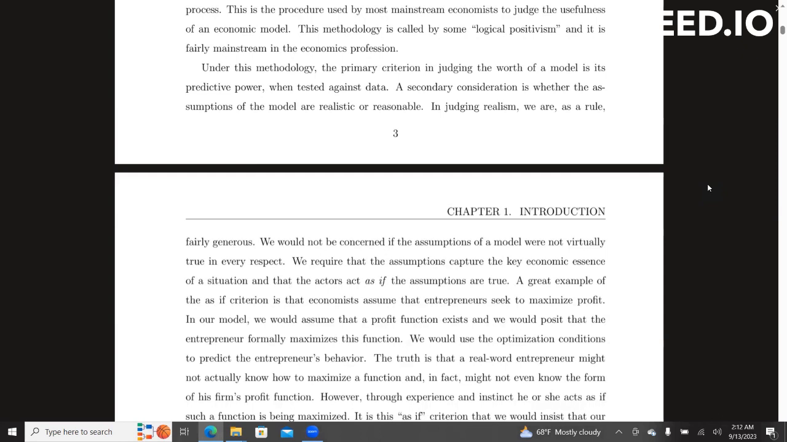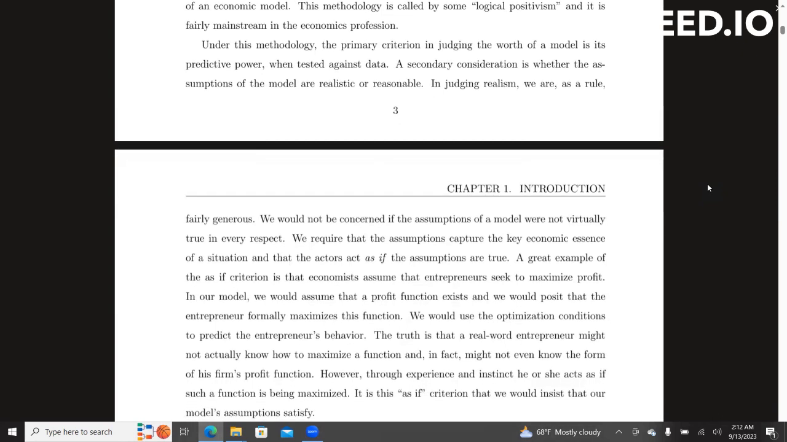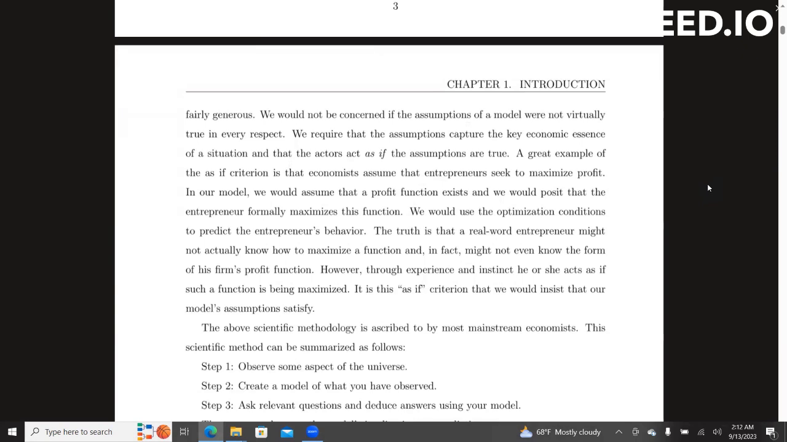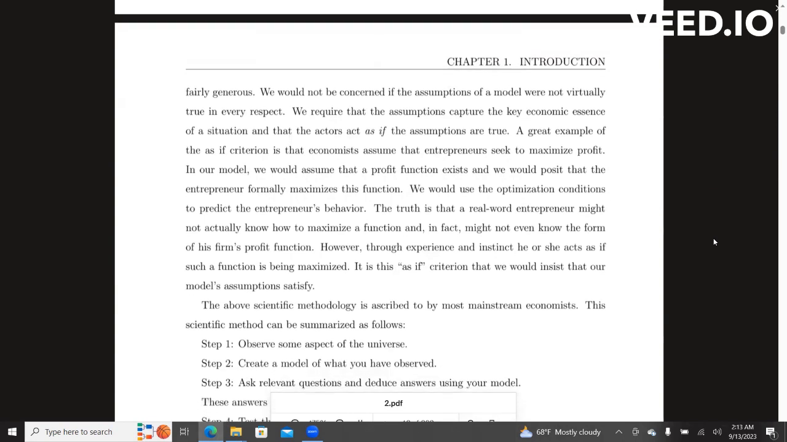In judging realism, we are, as a rule, fairly generous. We would not be concerned if the assumptions of a model were not virtually true in every respect. We require that the assumptions capture the key economic essence of a situation and that the actors act as if the assumptions are true. A great example of the as if criterion is that economists assume that entrepreneurs seek